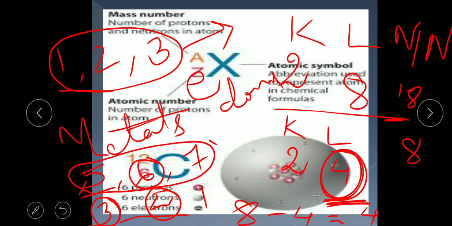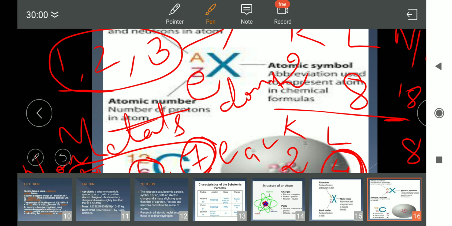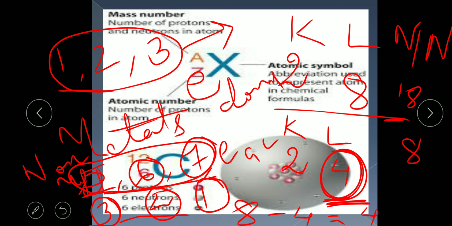If the element is having 7 electrons in the outermost cell, it will take how many electrons to fulfill its octet? That is 1. Okay. So 8 minus 5, 8 minus 6, 8 minus 7, it will take 3, 2 and 1 electrons to fulfill its octet. Elements which will take or accept the electrons will be known as non-metals. They will also form the electrovalent bond or ionic bond.